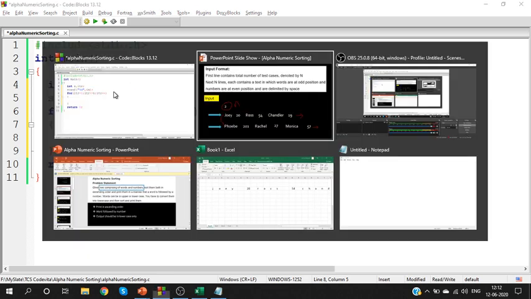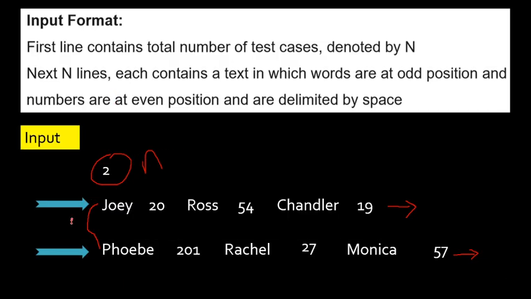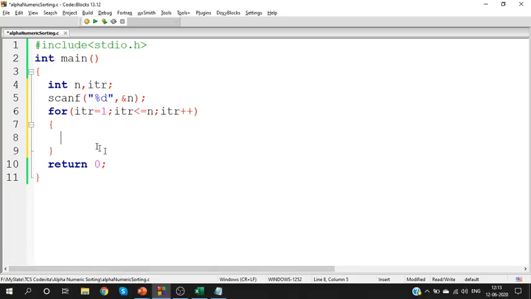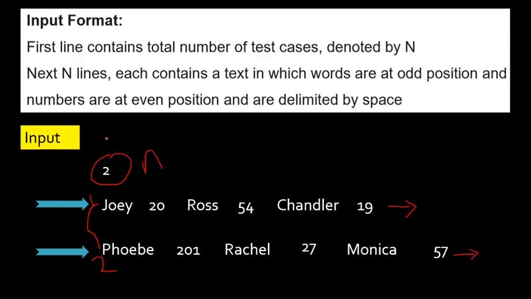Clear? Okay. So if your input n is 2, you need to get two inputs. First scenario, work for the first case separately, work for the second case separately. So this will be loop 1. This will be loop 2, which is why I've created a loop here. Have I made it clear up to this point? Yes. Scan the n value, repeat the process. So I created a loop.